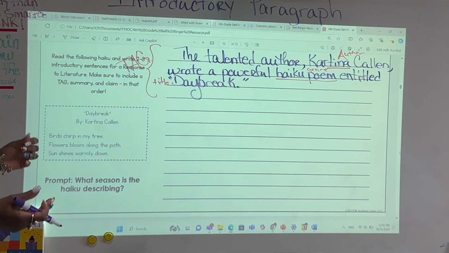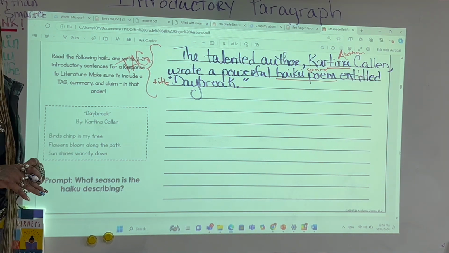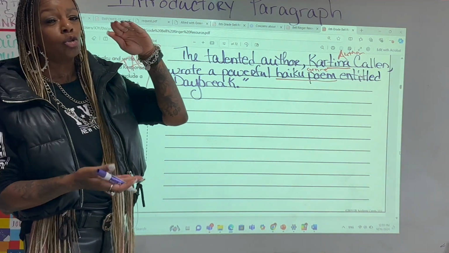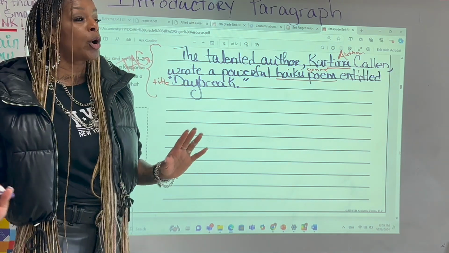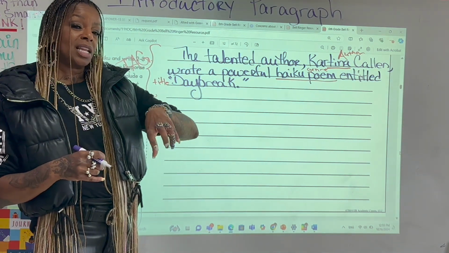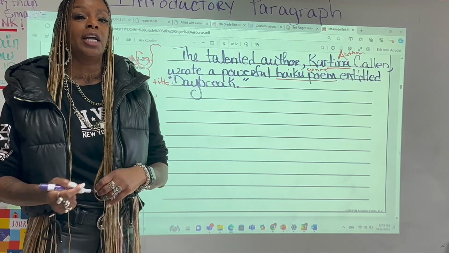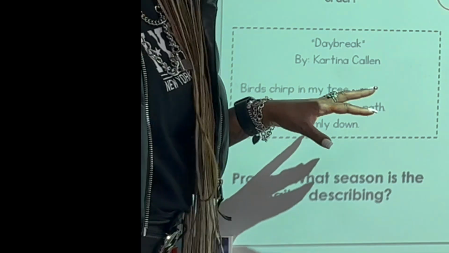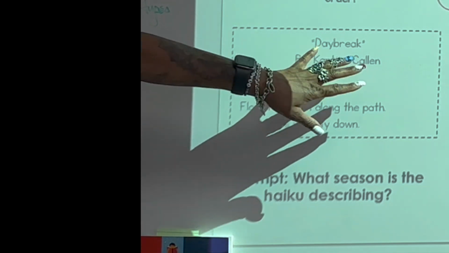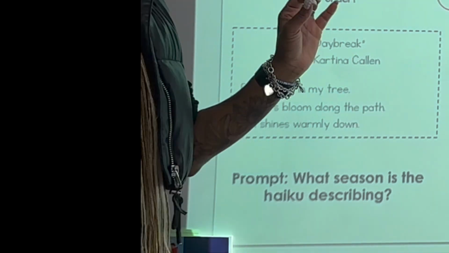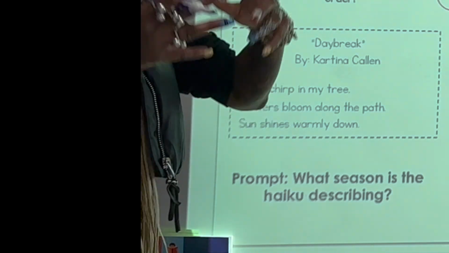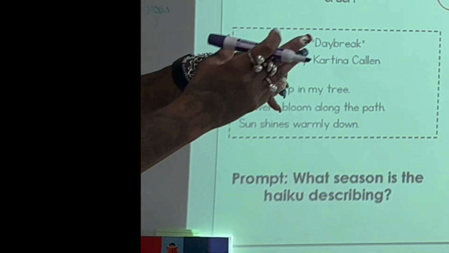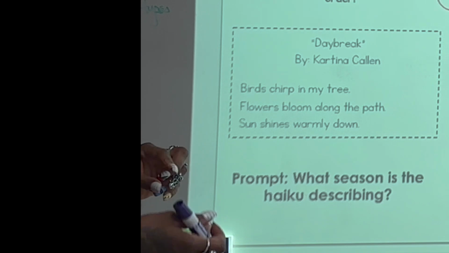So let's see, I'm going to step back. I'm going to take in the poem, and poetry is something I typically have to annotate. I have to put it in my own words so it makes sense. Since poems are so short, I want to make sure I understand every word. It's like pulling back the layer of an onion. You have to pull back the layers of the onion to get the deeper meaning of a poem, because usually there's another underlying meaning. This short haiku poem seems straight to the point. So I'm getting some of my information from Daybreak. That kind of sounds like the sun waking up, right? Daybreak, because day is coming through. Birds chirp in my tree.